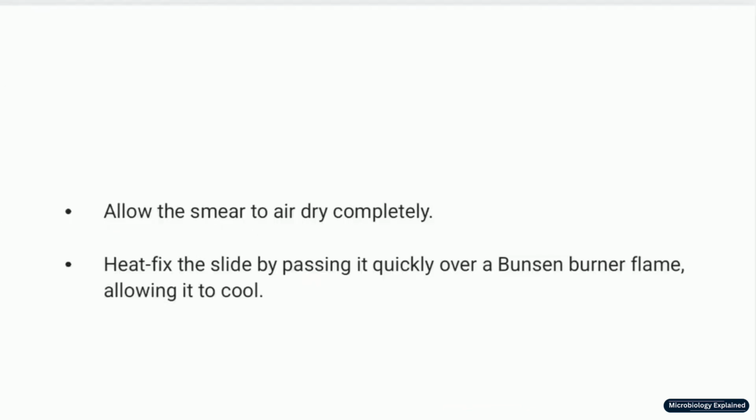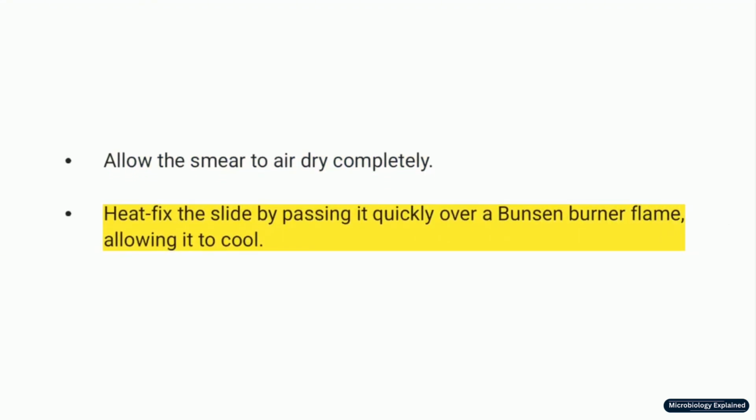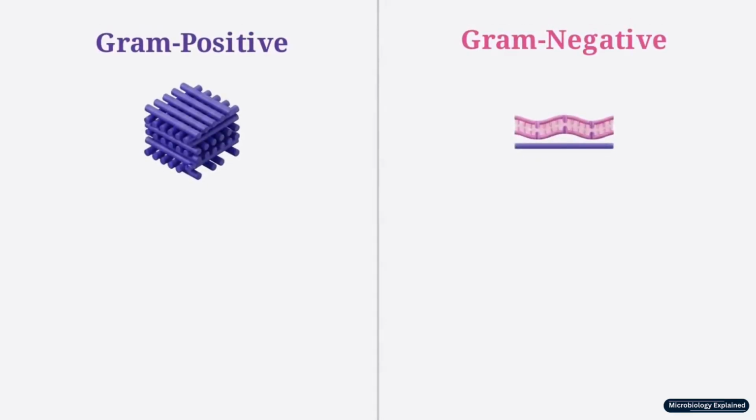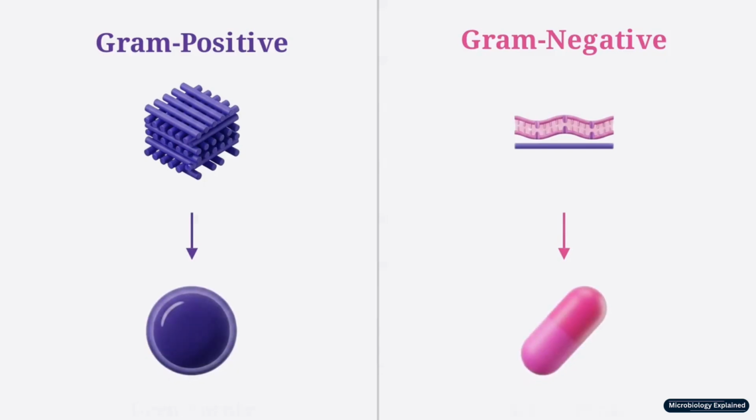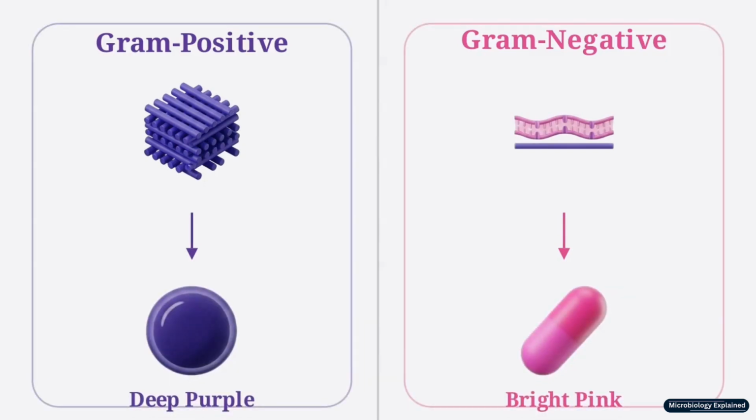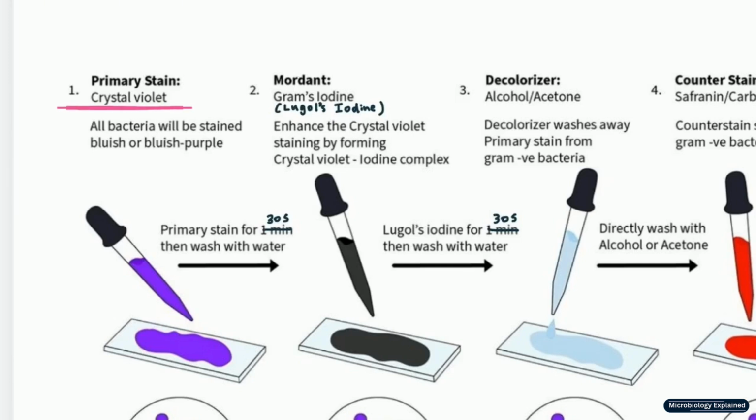Before exploiting these physical differences with dyes, we prepare our slide. We spread the bacteria into a smear, allow it to air dry completely, and quickly pass it over a flame to heat fix the cells so they don't wash away during the chemical baths. With the specimen secured, the staining can begin. The colors that emerge at the end of this protocol will be a direct physical reaction to the structural architecture of the bacteria's exterior. Starting with the primary stain, we flood the smear with crystal violet for 30 seconds, then